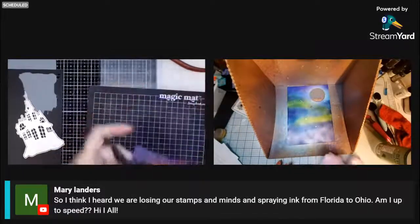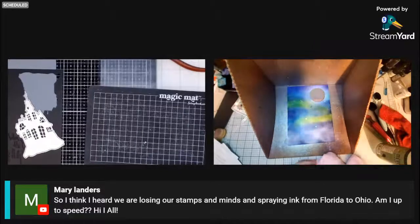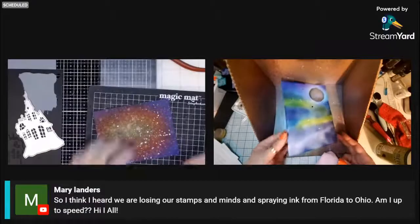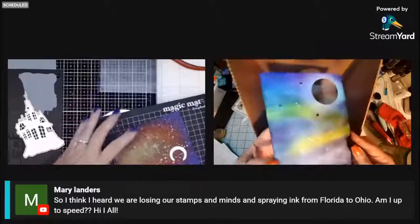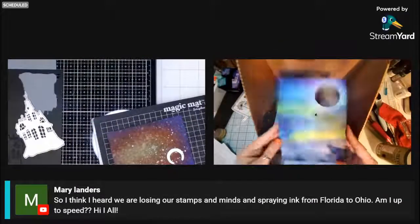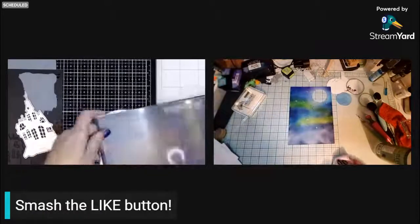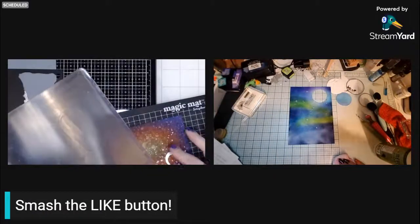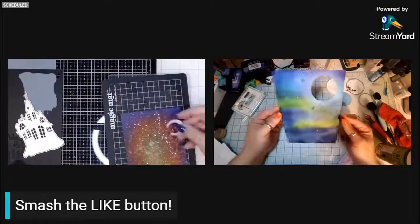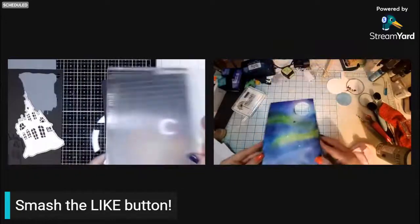Oh, Mary Landers said, I think I heard we are losing our stamps and mists and spraying ink from Florida to Ohio. Am I up to speed? Right, absolutely. Okay, so there is our project base, which you could downsize and make into a card. It shouldn't be a problem. And we're going to do